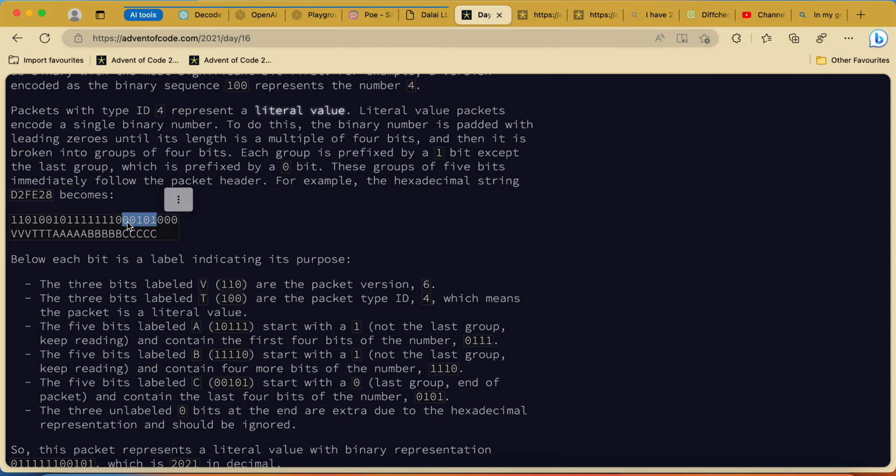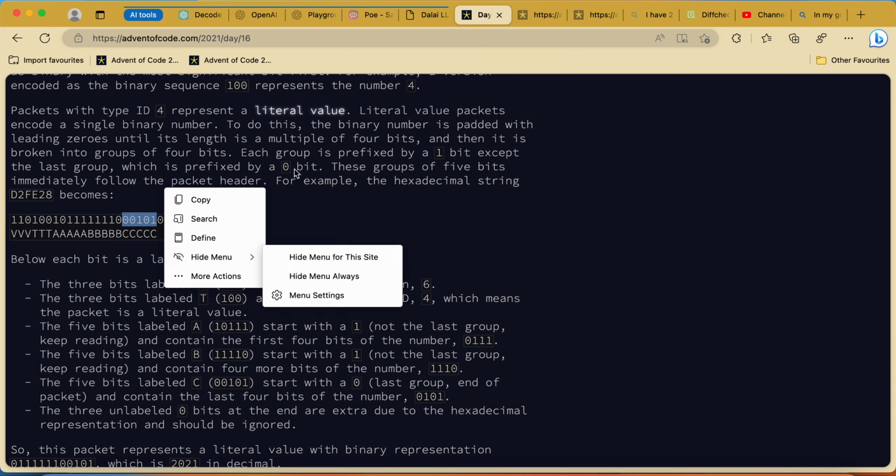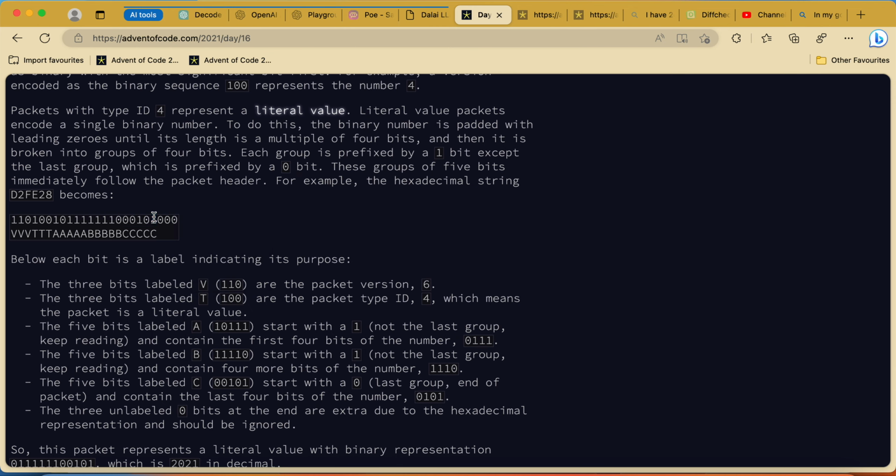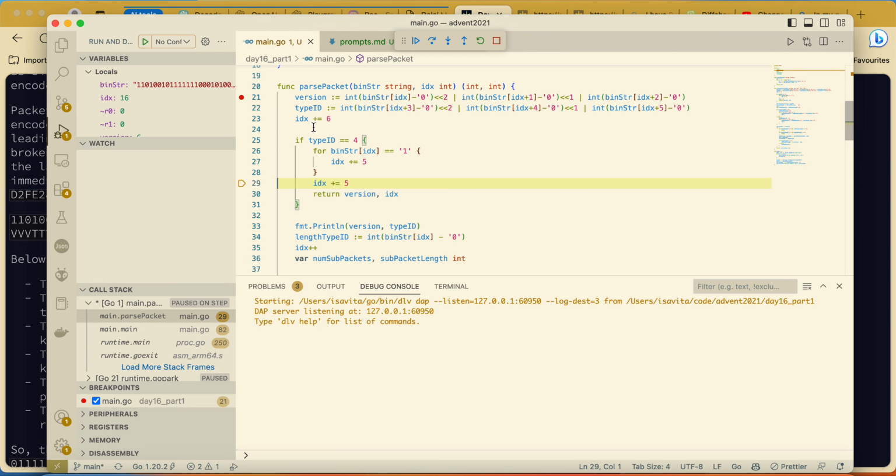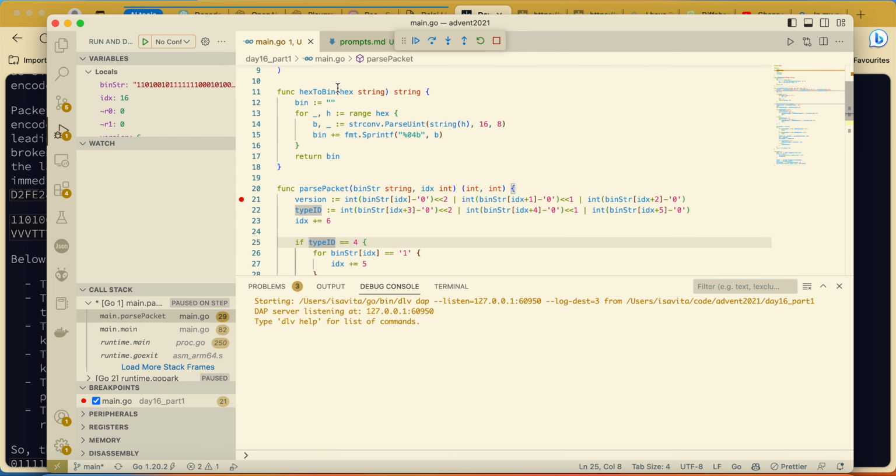And I'm grabbing this 5 here and ignoring this stuff from here, and I'm at that position. I'm returning here from the function.